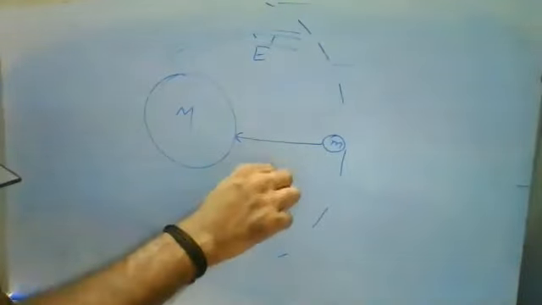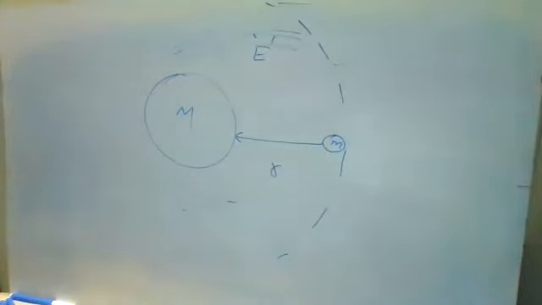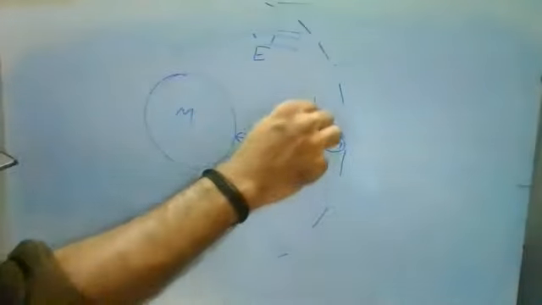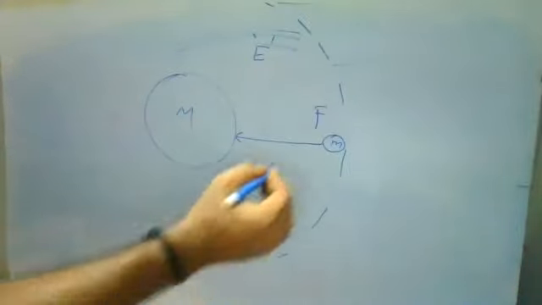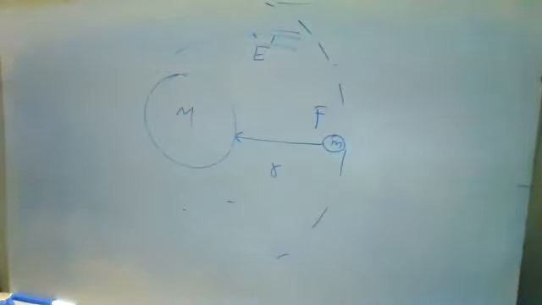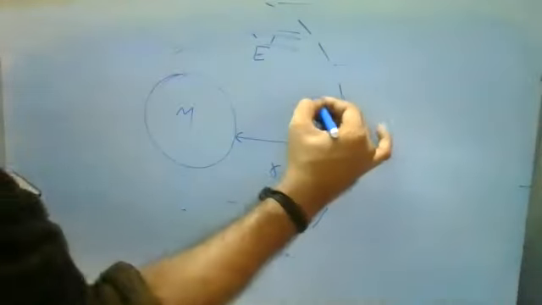The distance between these two is r. That means in the distance between these two, there will be some forces acting on the small mass m. Remember, capital M does not move. This is your source, because of which the field is created. Only this small m will move with a radius r. Now, if you see that, this force will be created.